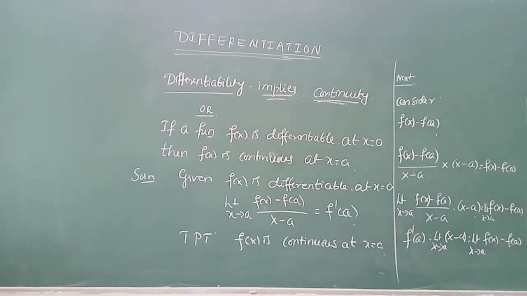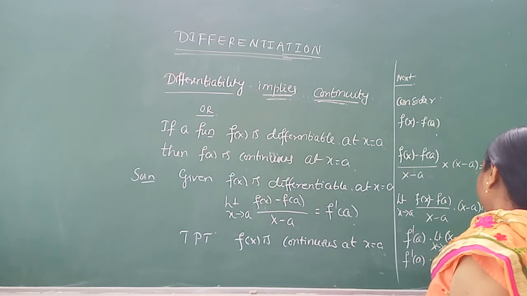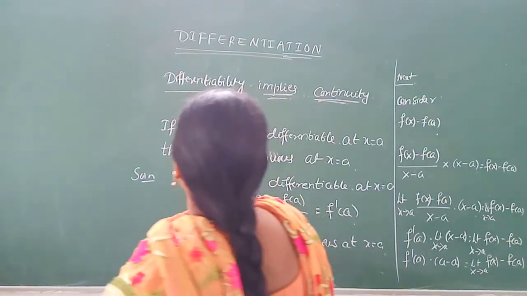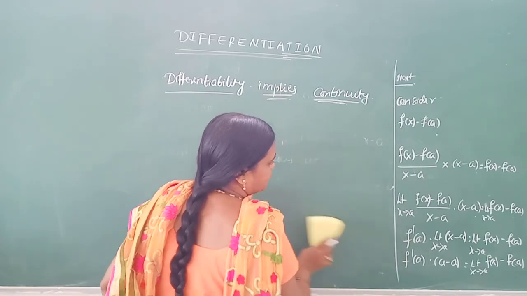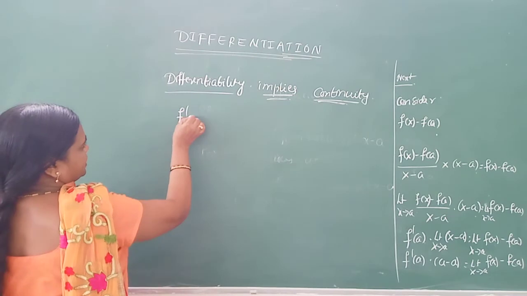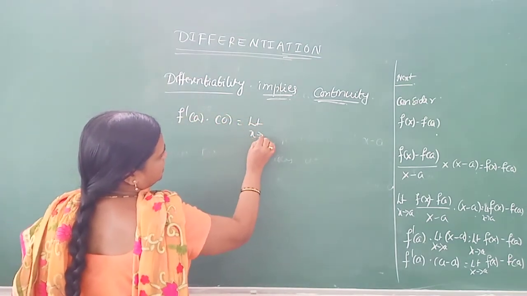Correct. And we know that if I substitute x tends to a, what we get is f dash of a into a minus a is limit as x tends to a, f of x minus f of a. Okay. That implies, see, a minus a is 0. Correct. Therefore we can write f dash of a into 0 is limit as x tends to a, f of x